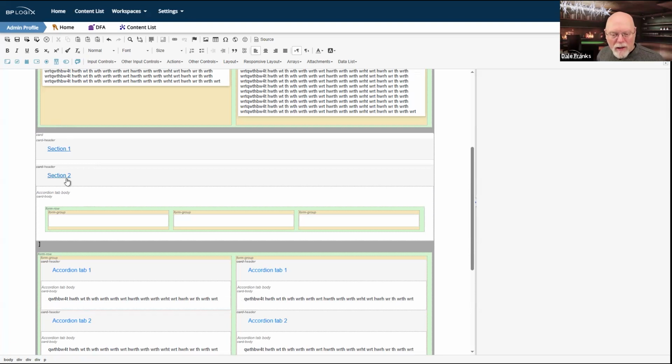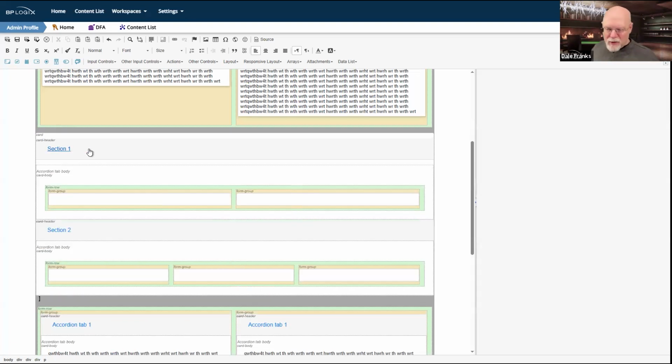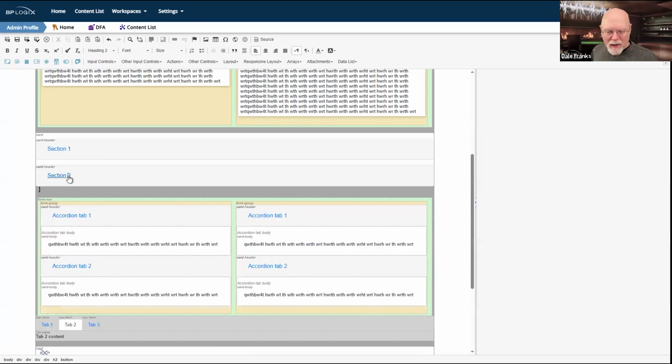So basically, I have a card here, and inside that card, in its content, I've dropped in two accordion controls. Now, we're not going to get into details about how to do this and how to format this stuff because you don't want to sit here and watch me for 20 minutes do this kind of formatting. So there's some experimentation as you learn with Process Director how you want to do this.